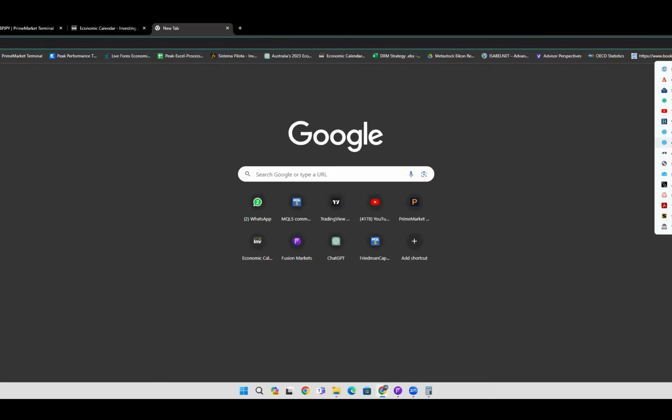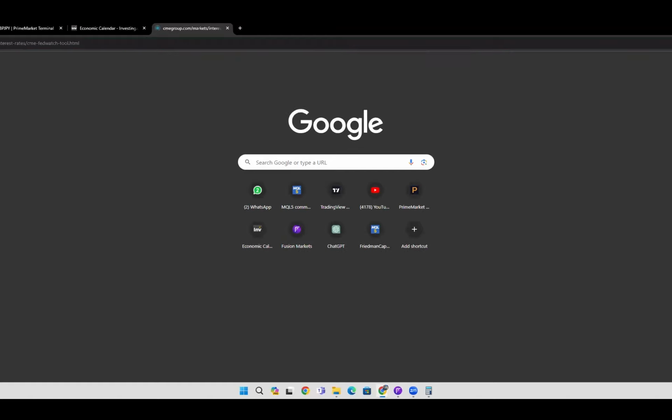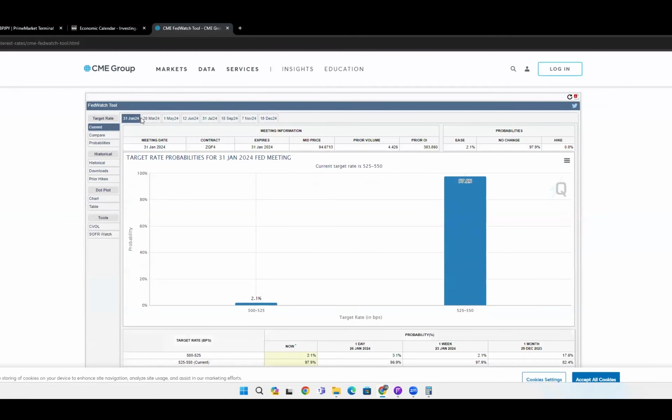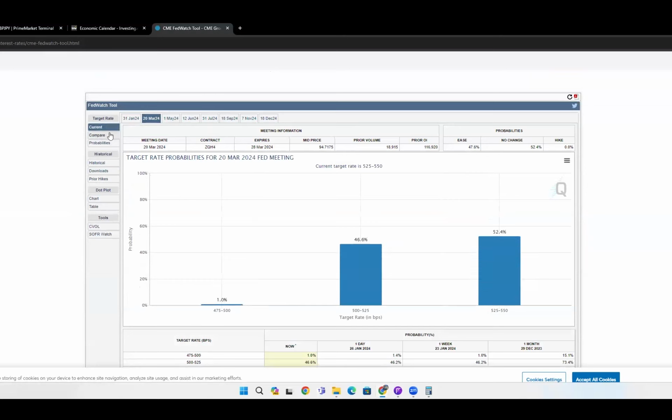Let's just check the CME tool here, just quickly. Yeah, 97% of the market is expecting a pause. Now, if we go to March, it's sort of balanced. I saw these at 60% and these at 40%. So I still believe, and I've been pretty firm